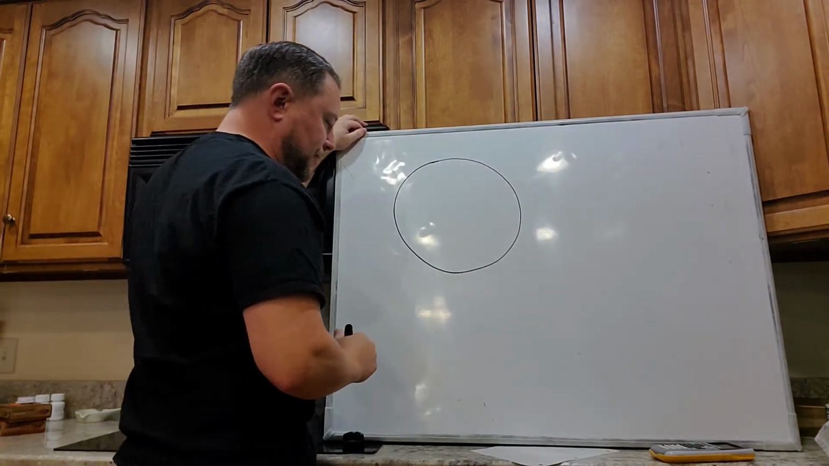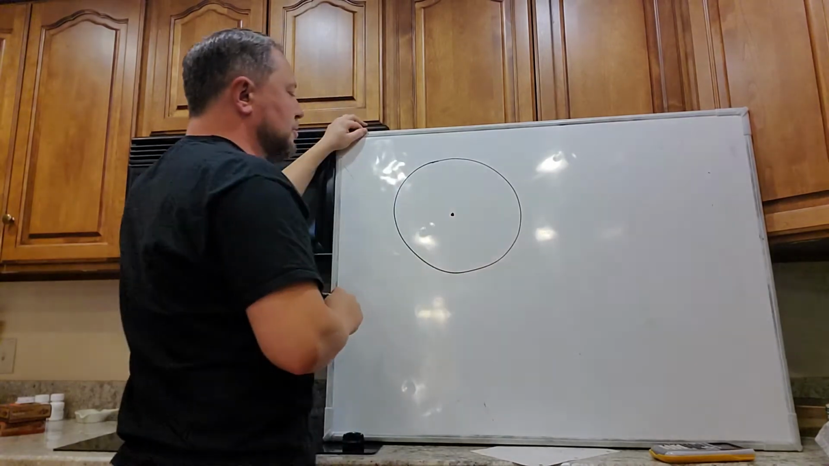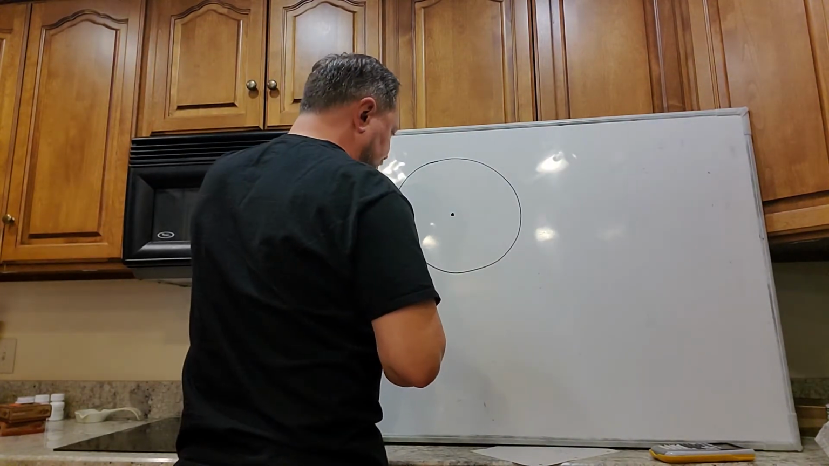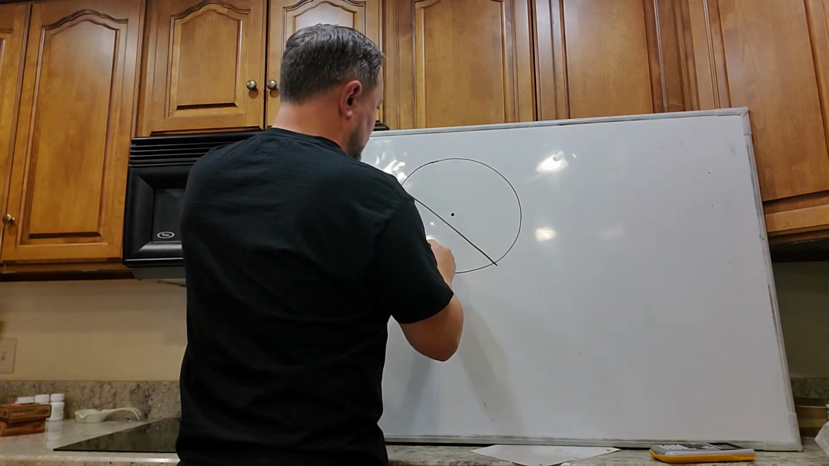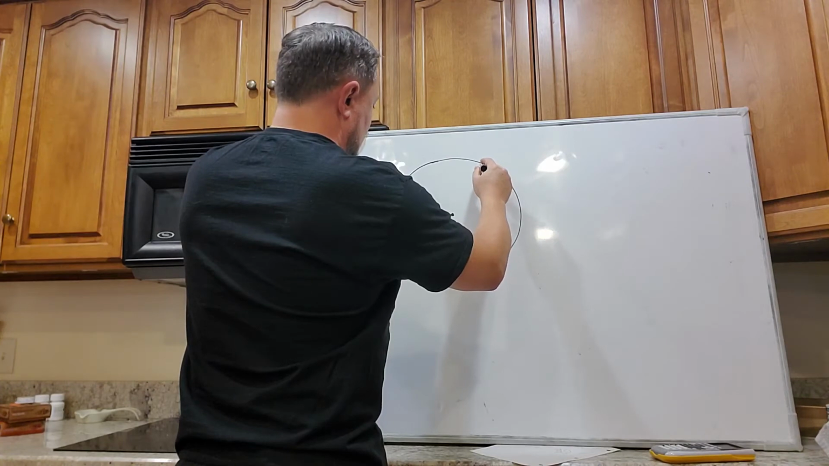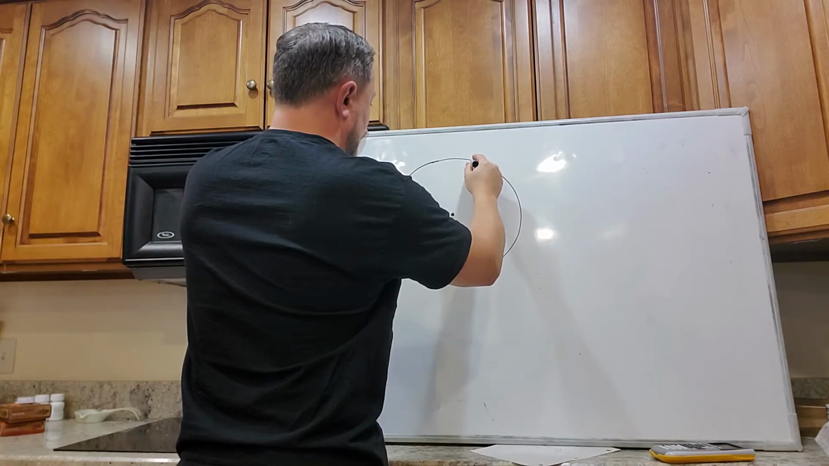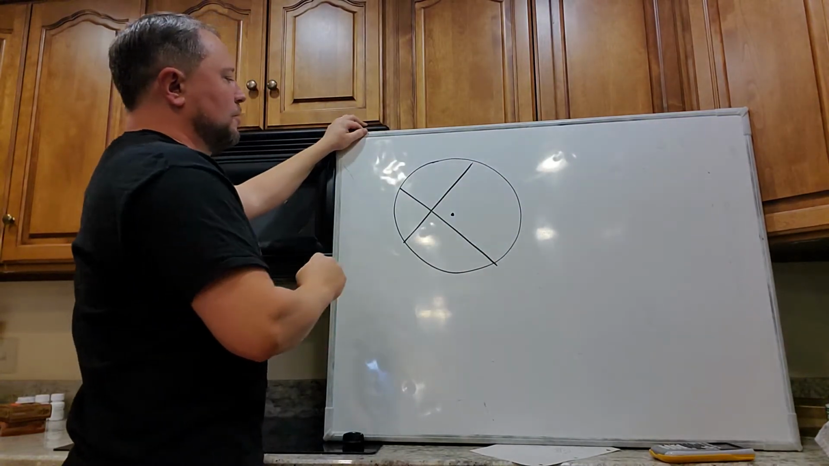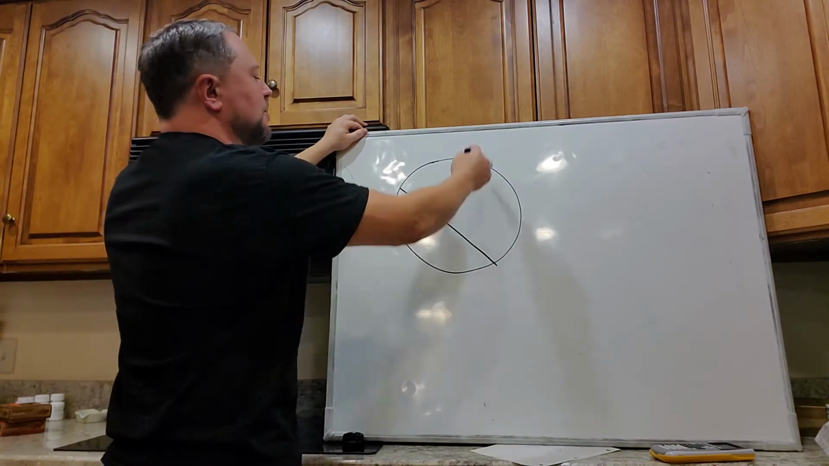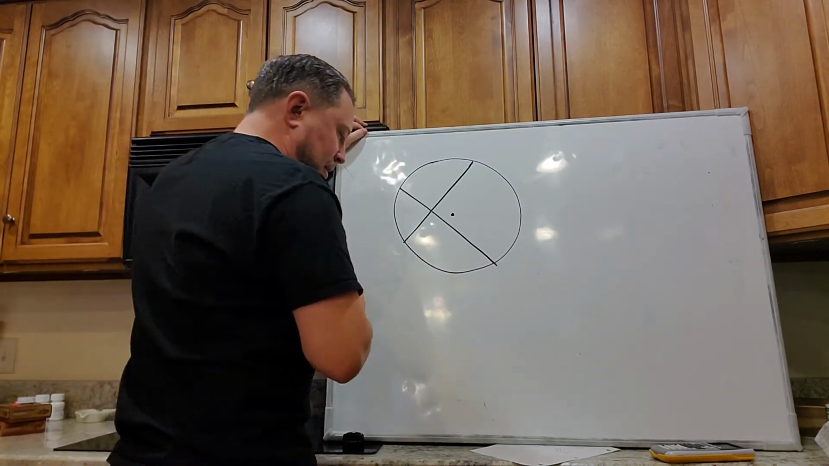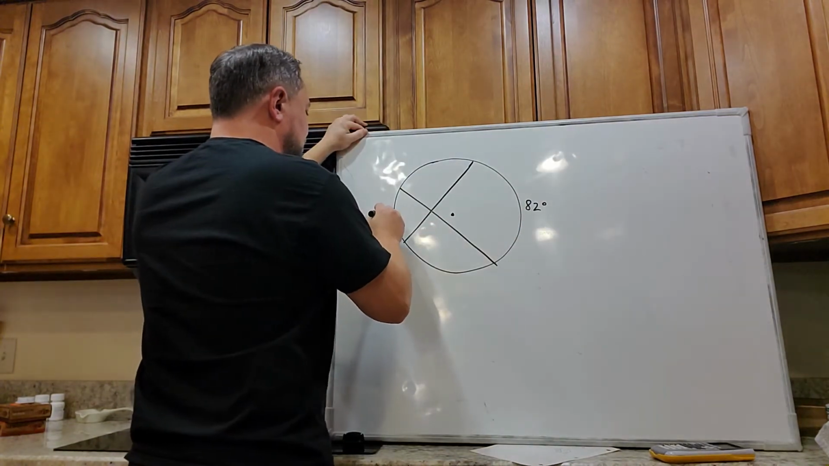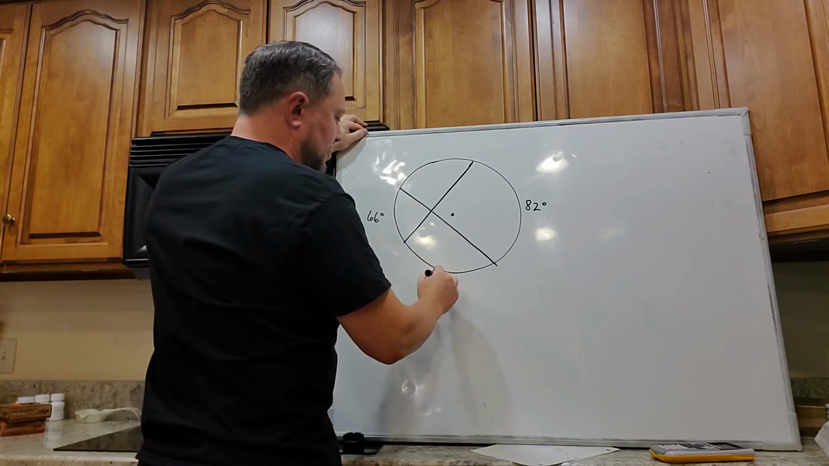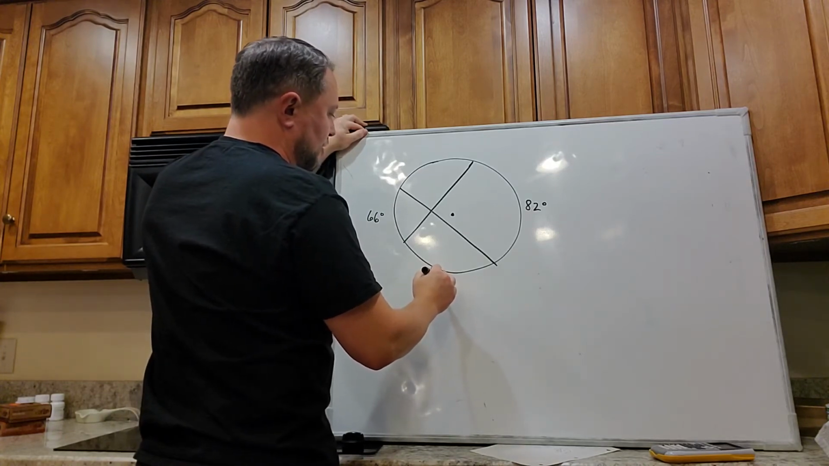There's our circle, and let's say there's the center of the circle. And let's say we've got a couple of chords that are crisscrossing like that, and let's say this is 82 degrees, this is 66, this down here,